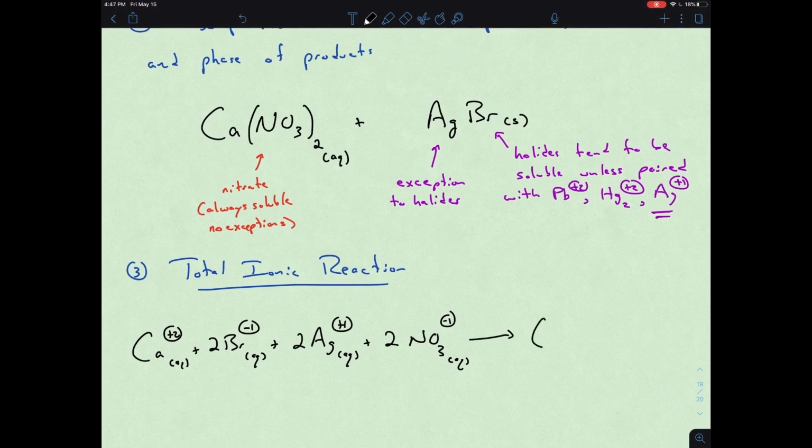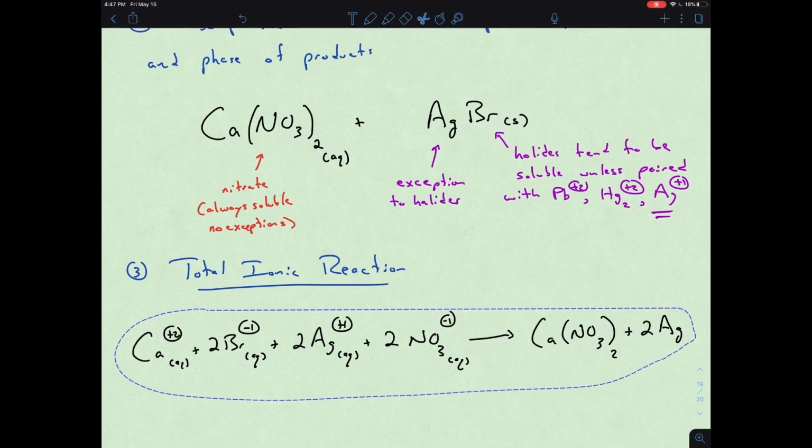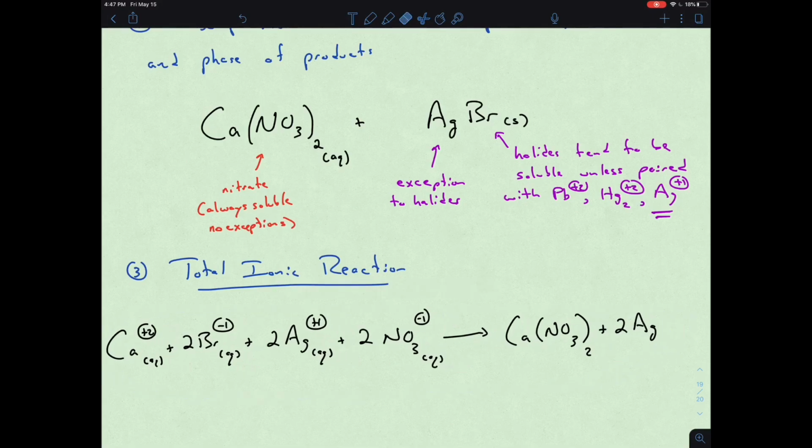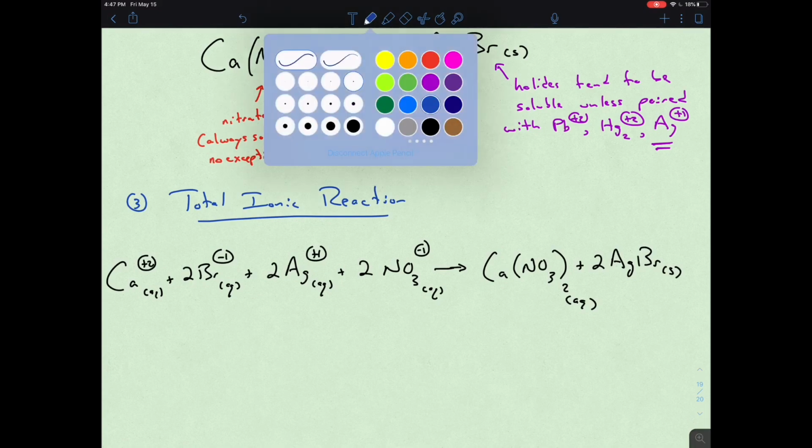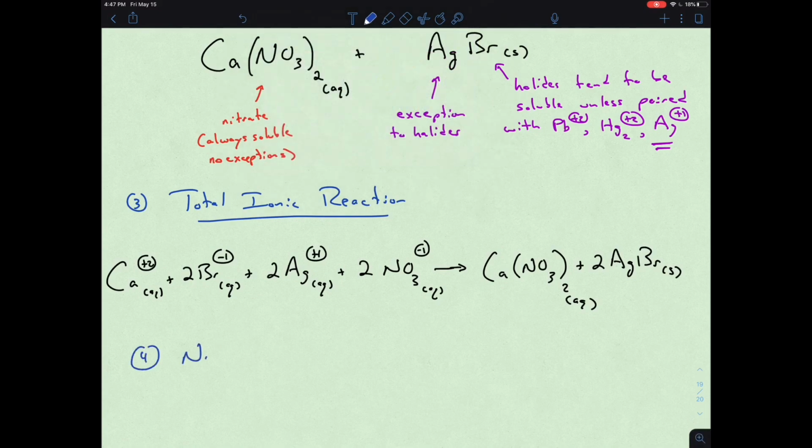And we get calcium nitrate and silver bromide as our products. Calcium nitrate is aqueous, silver bromide is solid,